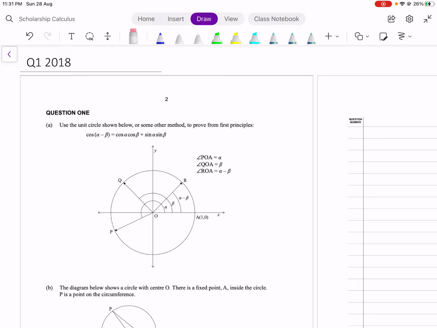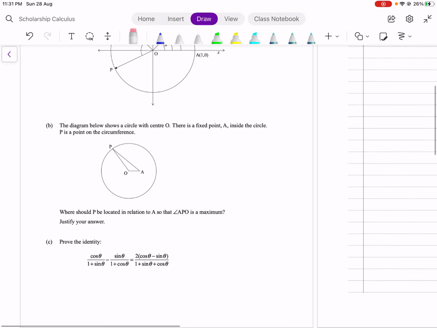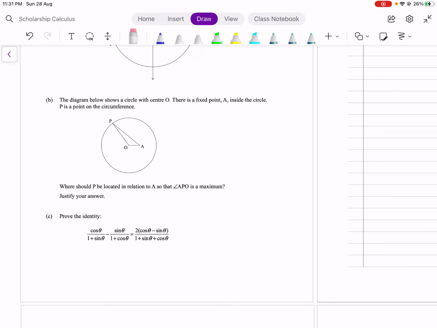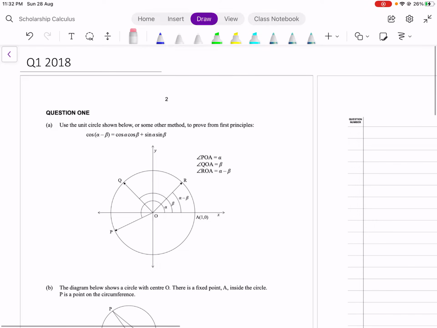The question is all trig related. Every question is geometric and has trig identities and whatnot in it. Usually question 1 is the more reasonable of the Scholarship Calculus papers. However, this year it was actually one of the trickier ones. So I guess it always pays to look at the paper as a whole before you just jump into a